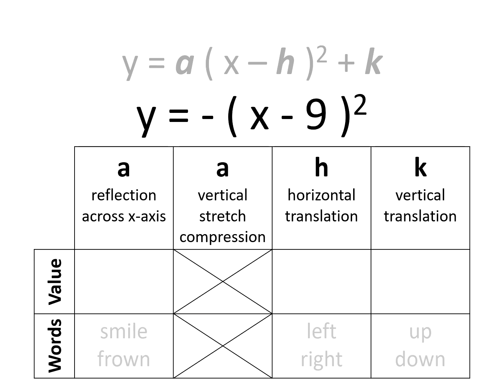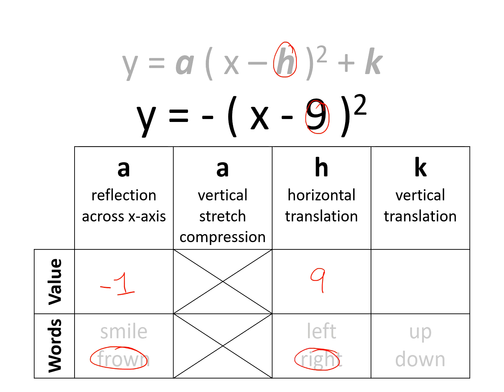In our second example, we have a quadratic relation in vertex form. Its a value is -1, which means it's going to be frowning or opening downwards. Our h value is +9, which means there's going to be a horizontal translation 9 units to the right since